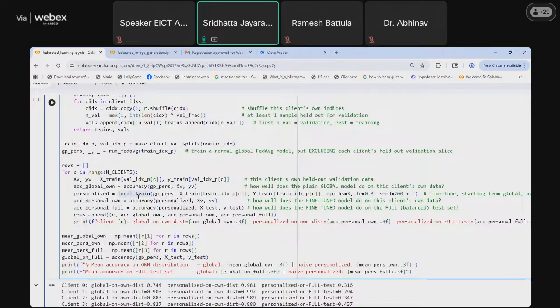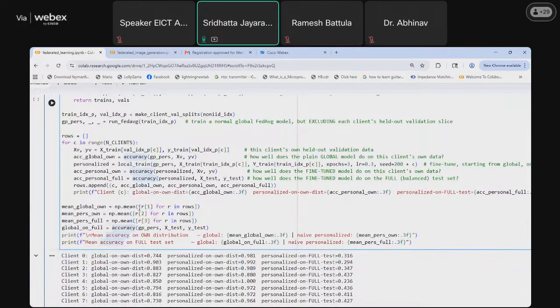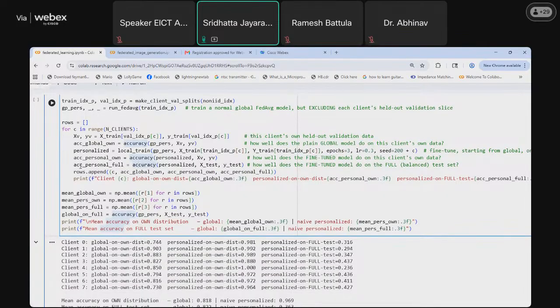In the fine tuning part, we will go through the number of clients in this for loop, apply the local training, and then see the accuracy of this model on its own data as well as on the other test data, to get a view of how much drifting has taken place. So we will run this, and then print the global mean accuracy and the personalized accuracy average.